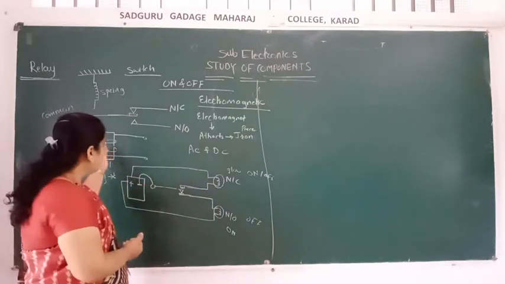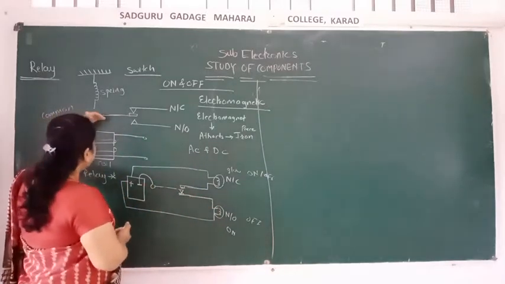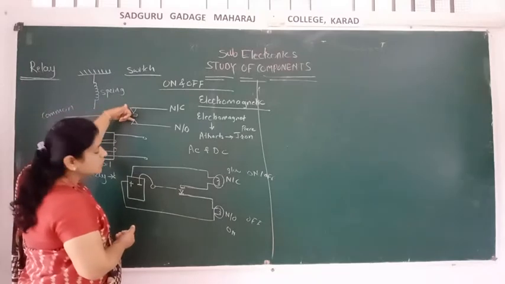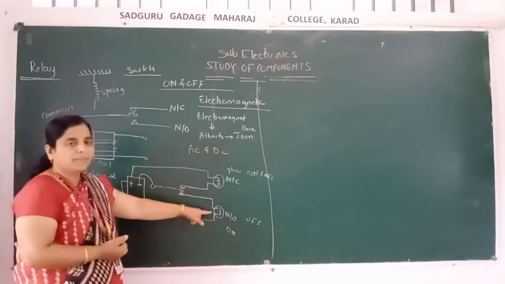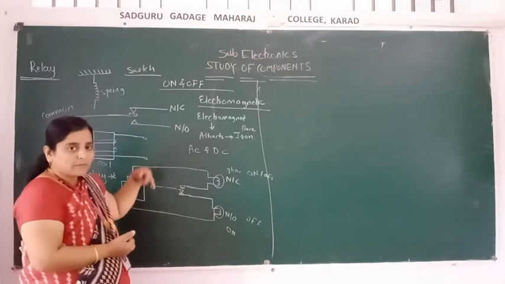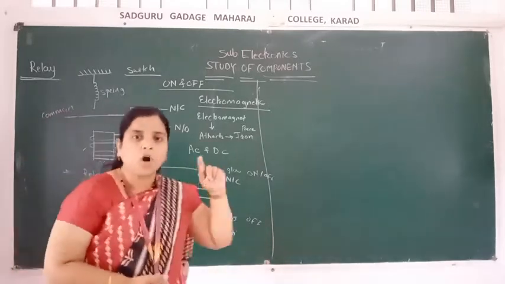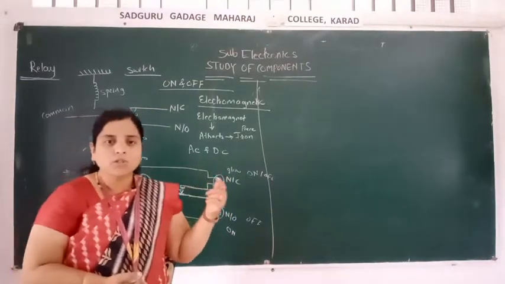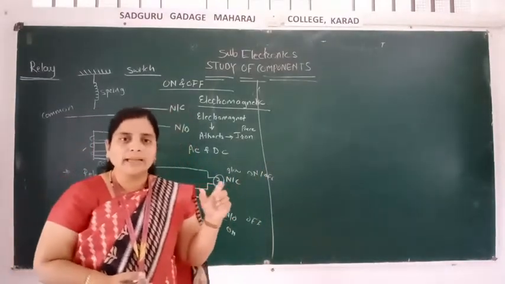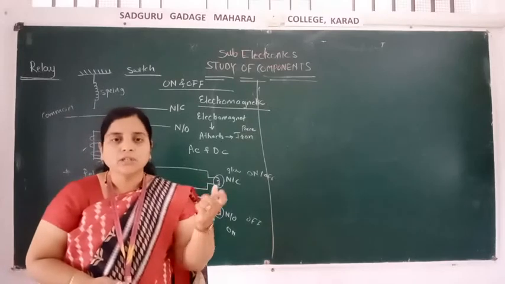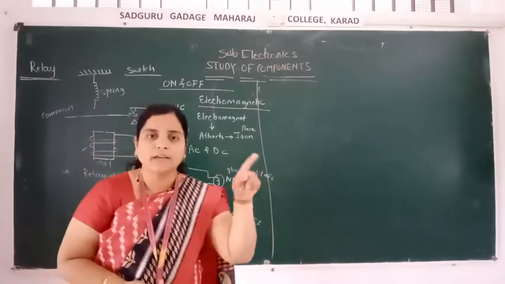Isn't it? So all this happens why? If the supply is given, then the shaft will be moved down. Then what happened? This bulb will be turned on. Why did it happen? Because of this coil. Coil is nothing but the copper wire wound on the tube, which is called the coil. And what is the coil's function? It produces the magnetic field across that.